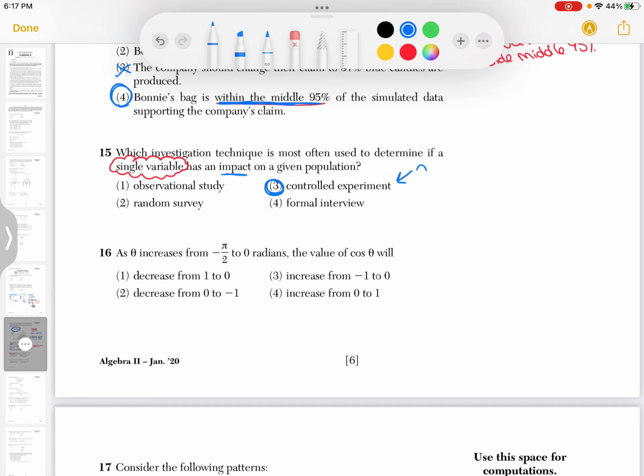Something that we talked a lot about in class is that an experiment is a cause and effect situation. You, as the researcher, create the cause by giving a medication, giving a toothpaste, giving this, giving that, giving a workout plan. And then you test the effect at the end. So when it's asking if it has an impact, you would have to create the cause, which would be that variable, and see if it has an effect, which would also be known as an impact. So it's choice 3. All